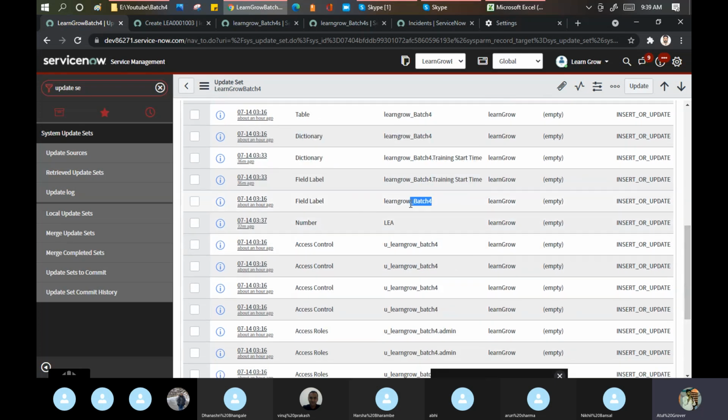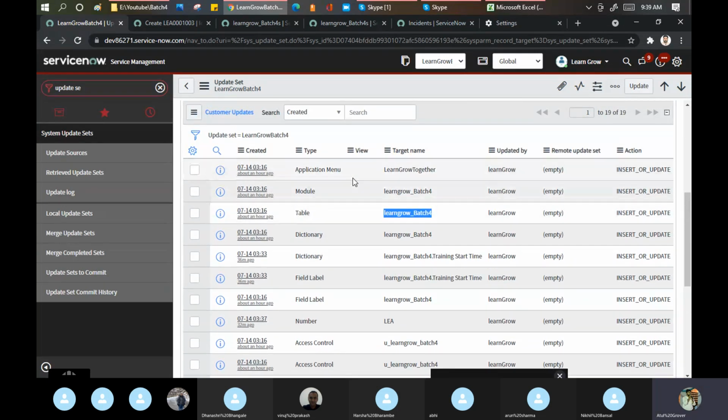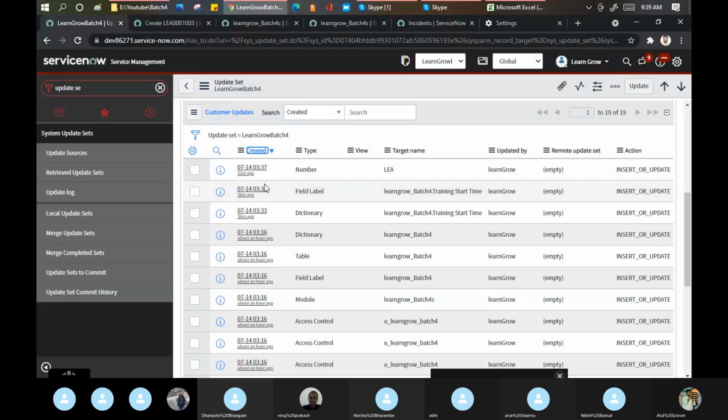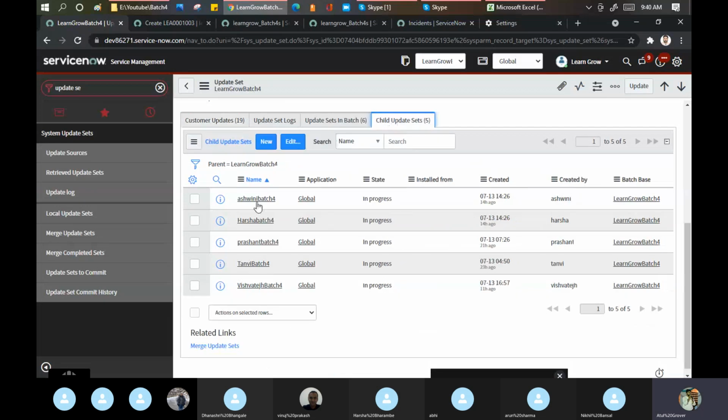Then I created a new field, called start date. I added a dictionary entry. I updated the table here. Module and application. You can do it in sequence. Yes, like this you can do it. It is easy to understand. So tomorrow when you do the work, I will be able to see it here.